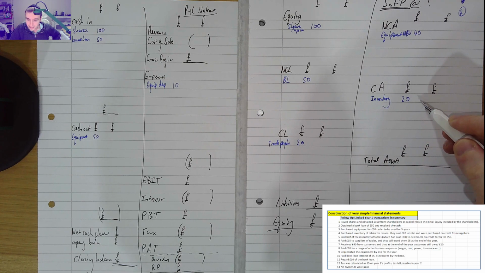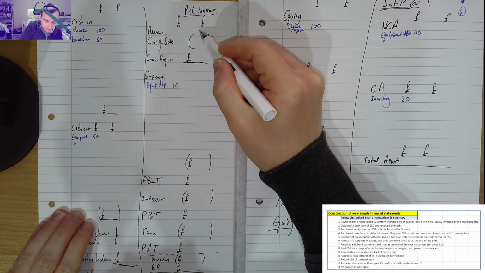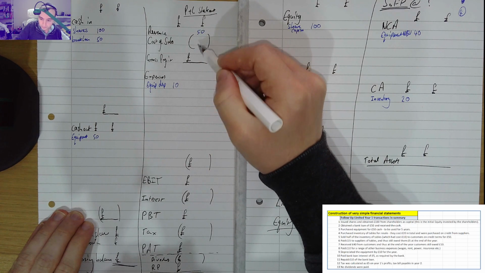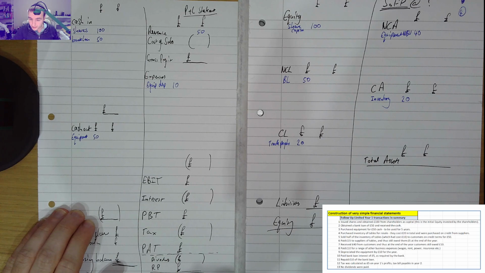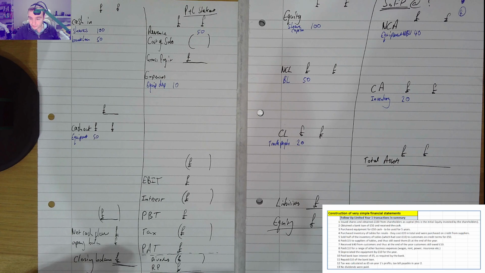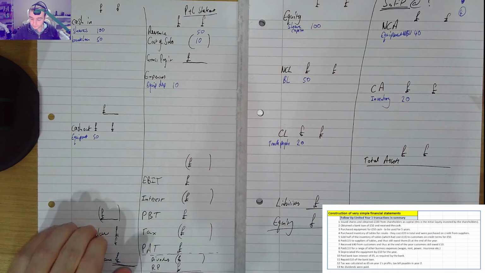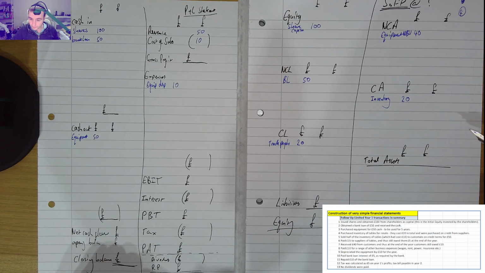Yeah, okay. Number 5. Sold half of the inventory of tables, which had cost £10, to customers on credit terms for £50. So immediately you've got a revenue here of £50. Sold half of the inventory. So we bought the inventory for £20. If you sold half, then obviously that's £10 of sales. So the cost of those sales were actually £10 over here,